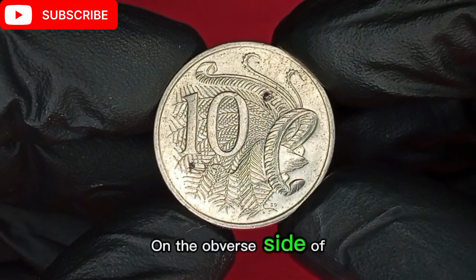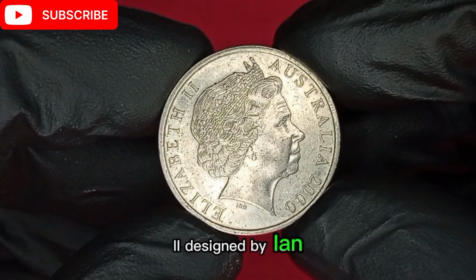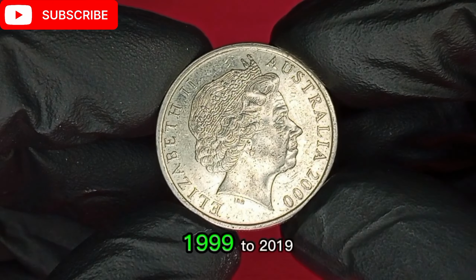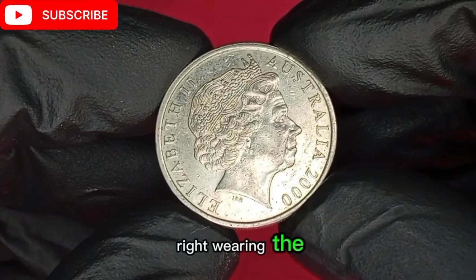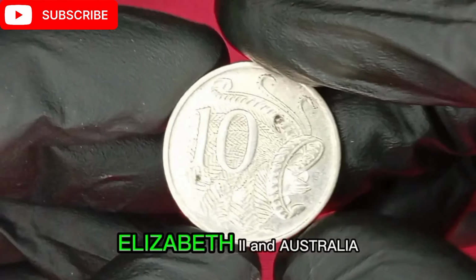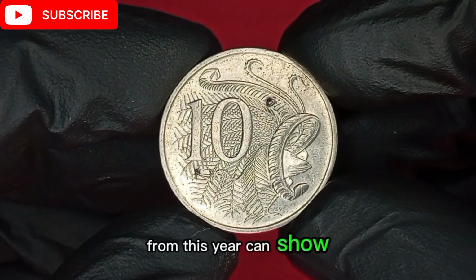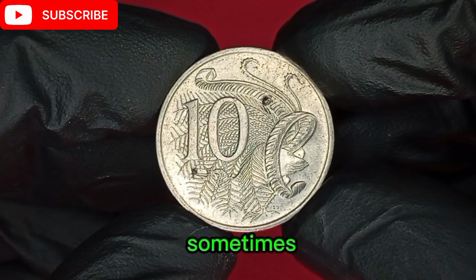collectors. On the obverse side of the coin, you'll find the portrait of Queen Elizabeth II, designed by Ian Rank-Broadley. This particular portrait was used from 1999 to 2019 and shows the Queen facing right, wearing the Girls of Great Britain and Ireland tiara. The inscriptions include Elizabeth II and Australia 2000. Over time, coins from this year can show variations in the sharpness of the lettering and the crown, which sometimes indicate